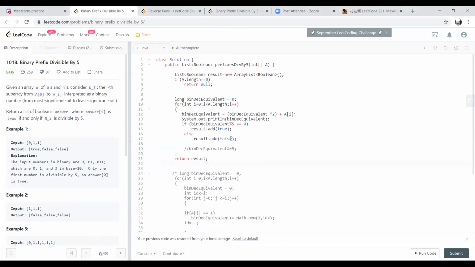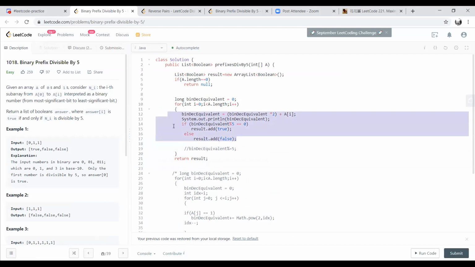Similar to what was explained here, I'm doing this, and I think the point I was missing is that this will go off the limit. I'm not doing that modulo here. So the solution runs, but it gives me the wrong answer.